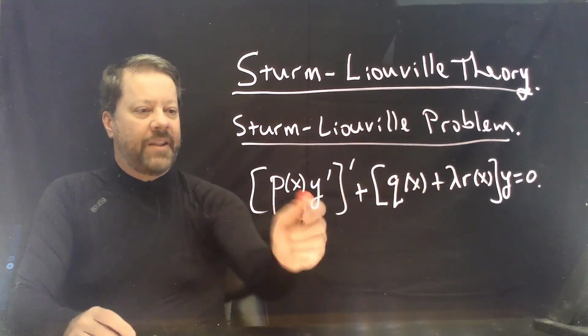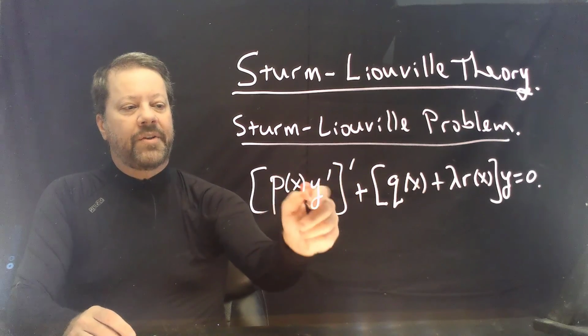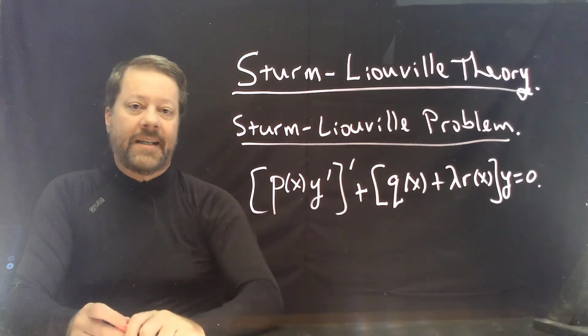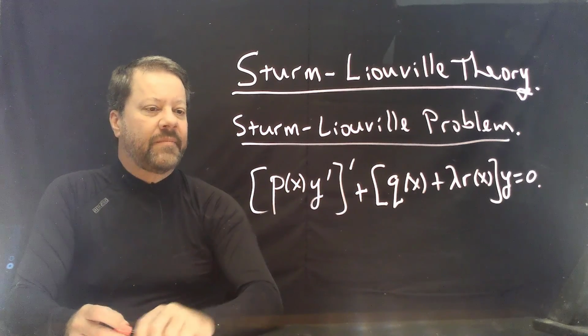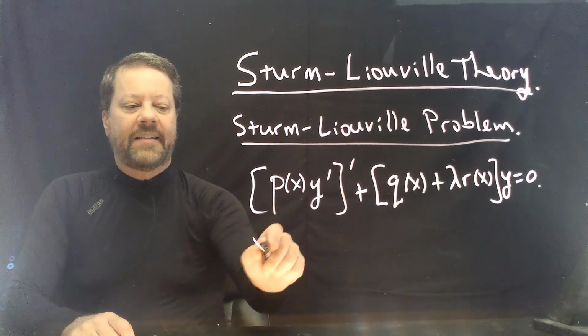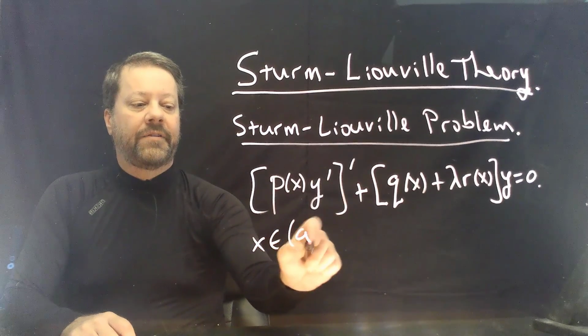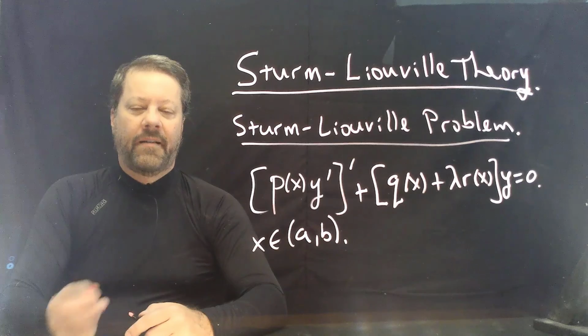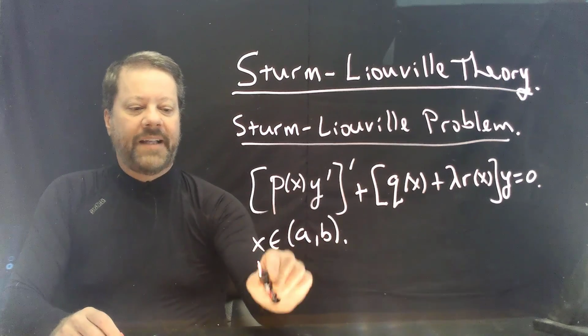Notice that by the product rule, there will be a term that has a y prime on it. There will also be another term that has a y double prime on it. We're going to assume that x takes values in the interval AB, and that we have Robin data